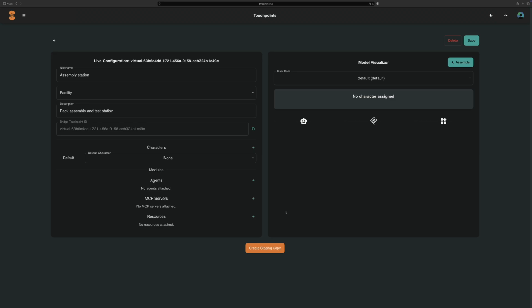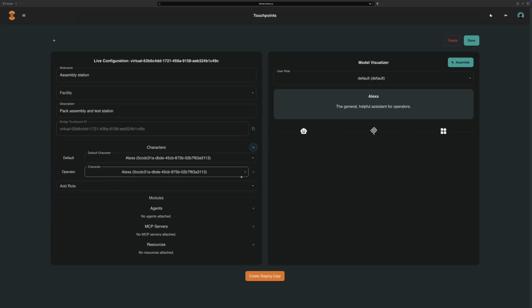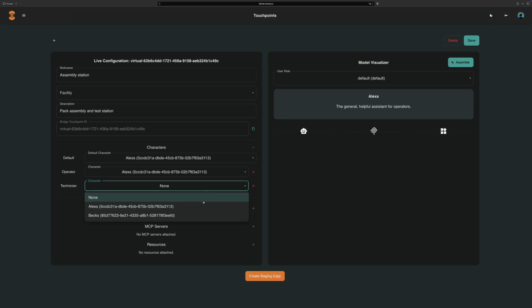Characters are the traditional prompts for persona and procedure that are given as a system prompt to an LLM. And so we're going to go through here. We're going to give Alex to the default, and we're going to say for the operator, we'll do the same. And then for the technician role, which is more debugging, we're going to use Bex. Each of these is tuned slightly differently, and they have different sets of prompts. On the right, you'll see that it updated here, and it is now showing that Alex is for the default